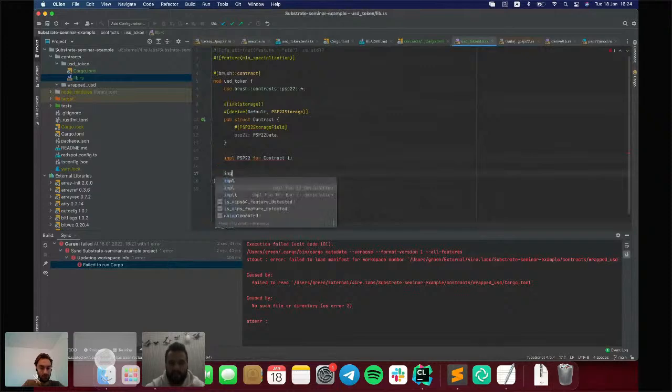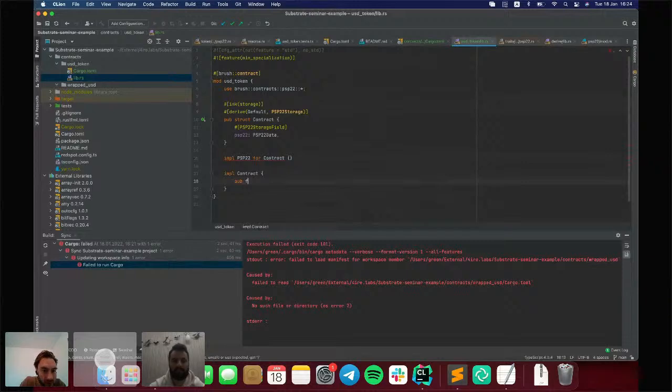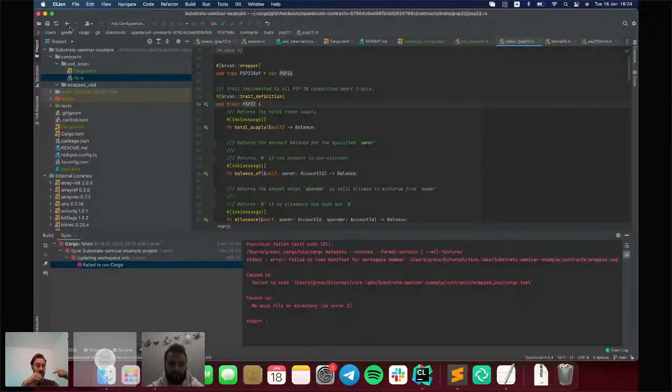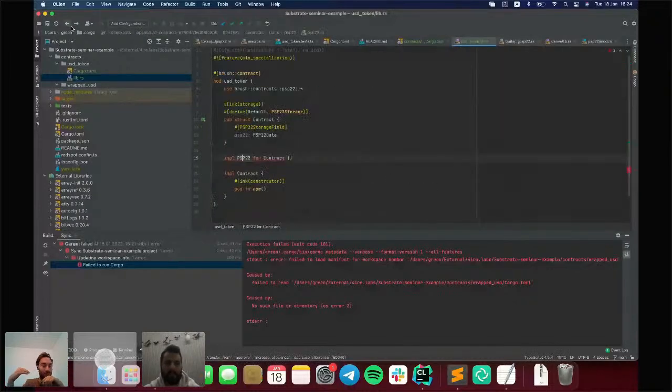And now let's create a constructor for our contract. Green, that means in line 15, impl PSP22 for Contract. That means that all the underlying functions of the trait, when you build the contract, will create an ink message and will be callable functions, right? Yeah. Basically, it implements everything in one line.